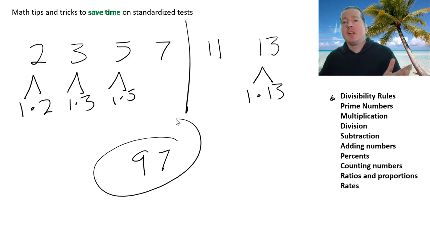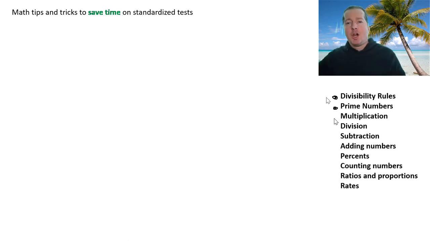So for any number less than 100, if you want to know if it's prime, just see if it's divisible by 2, 3, 5, or 7. If it's not, then that means it's prime. Okay, let's talk about